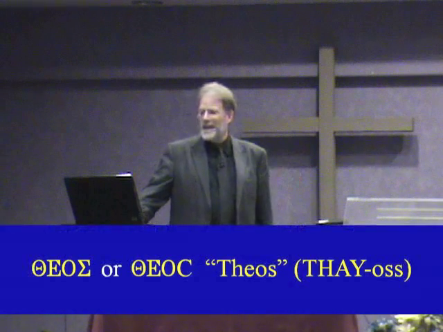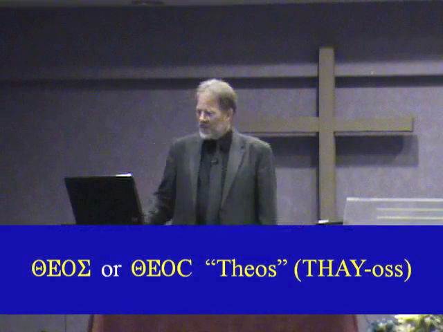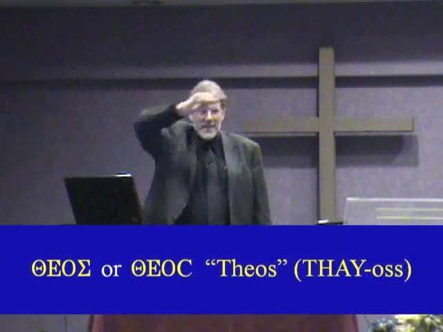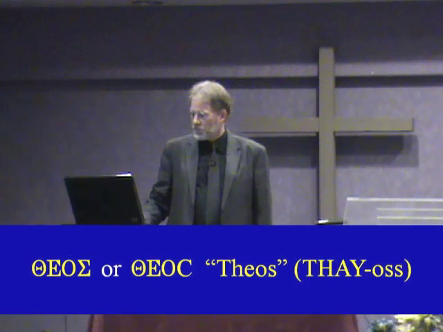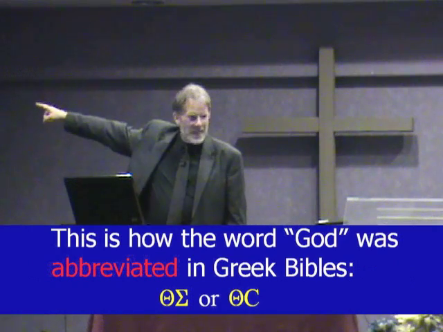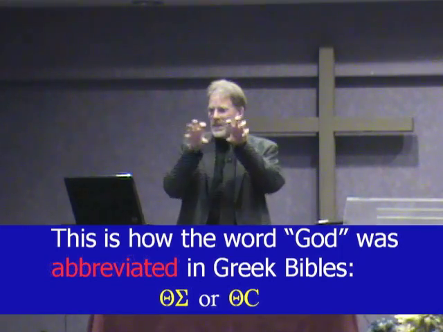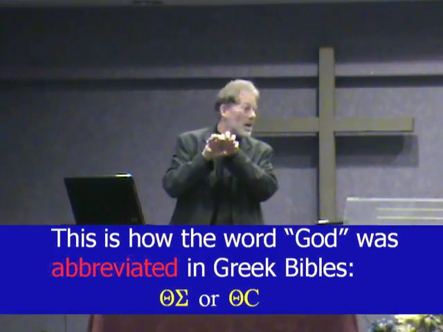Greek really says. Quick Greek lesson. Don't worry, you'll learn this easy. This is the word God in Greek. That is pronounced theos. The first is a TH, then an E, then an O, then an S. And whether it looks like that funny little squiggly thing or that C, those are both S's, depending on what Greek literature you're reading. So that's how the word God was abbreviated in Greek Bibles. See that thing on the bottom? Theta, sigma? That's two letters stuck together. They take out the middle, put the first and the last together, and you know, that's the abbreviation for God.